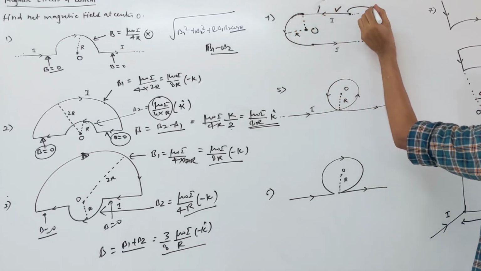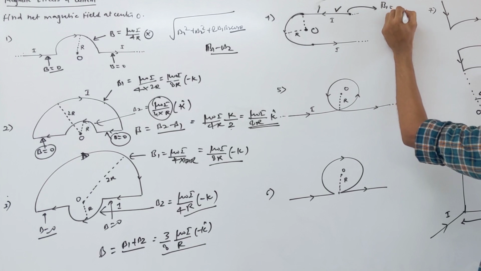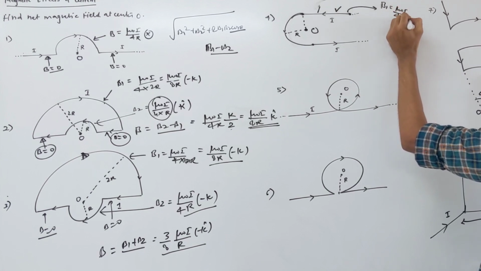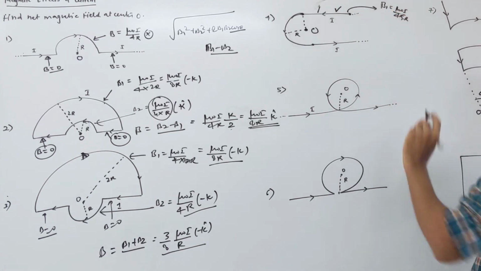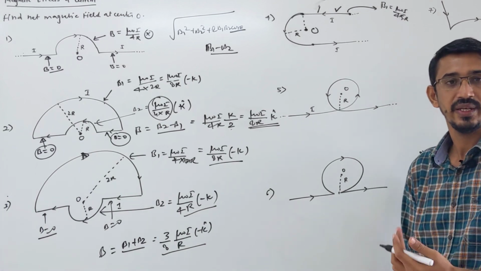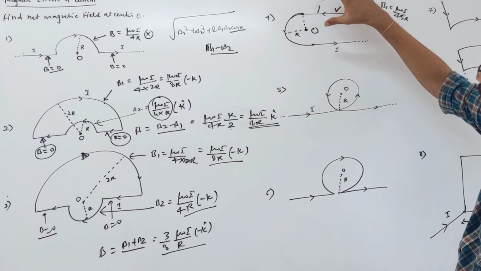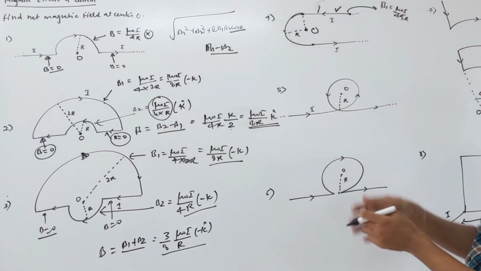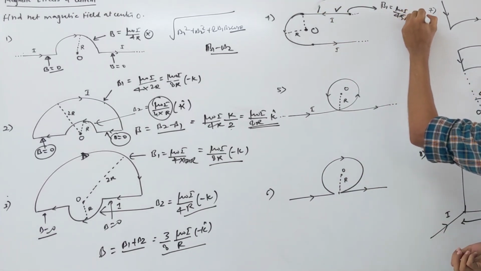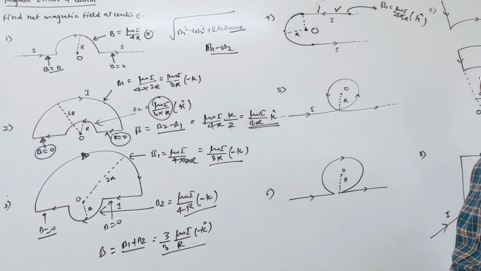Okay, let's write it here. This is the end of the wire, so B is mu naught I upon 4 pi r. This is the magnetic field at the end of any wire, right? Yes. So what is the direction of field? Grab in your hand this. You see fingers are coming outward. So this field is in k direction. Outward means either write dot symbol or write k.